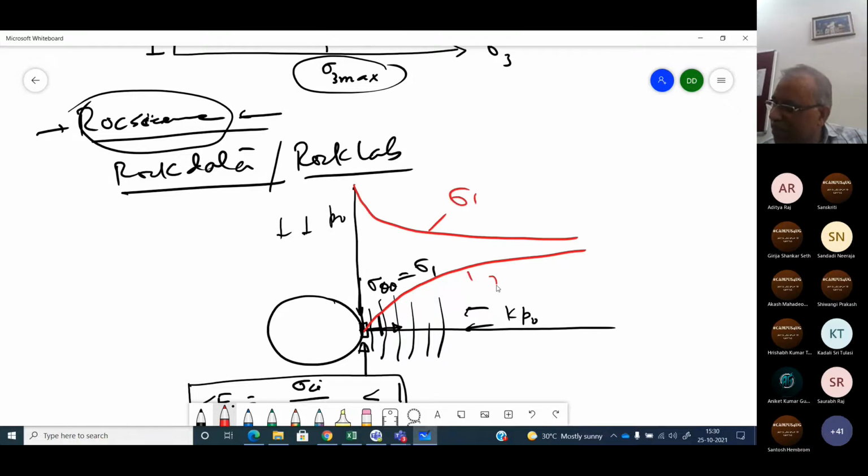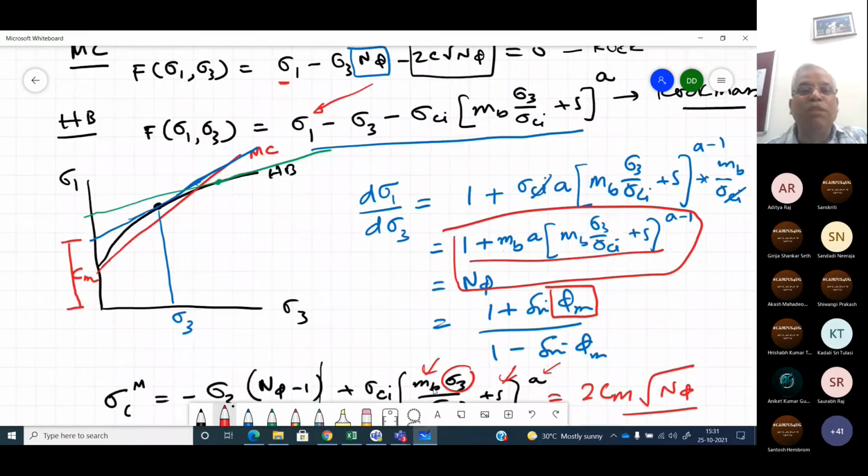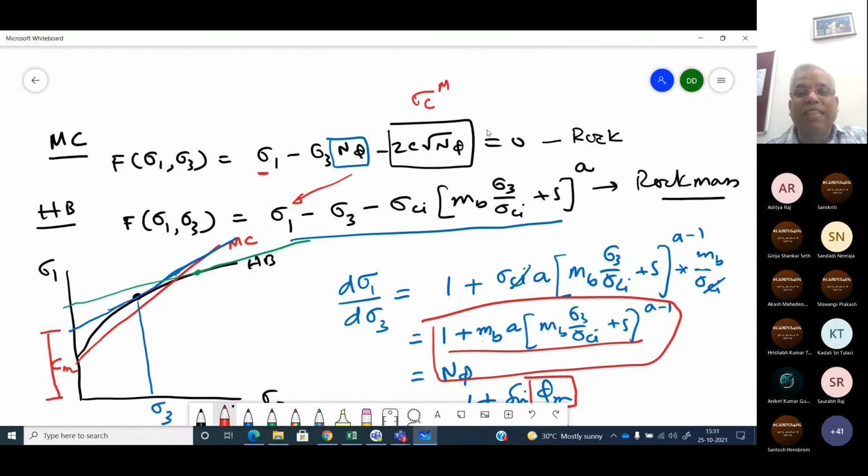This is sigma 1 and this is sigma 3, sigma RR. This is for k equals 1. So you see sigma 3 increases very rapidly and sigma 1 falls very rapidly. So what happens with Mohr-Coulomb? What Mohr-Coulomb is saying is that this should be less than 0 for safety. So you see sigma 1 decreases and this increases, so this will very quickly go negative. Negative means safe, positive means fail in this formula.